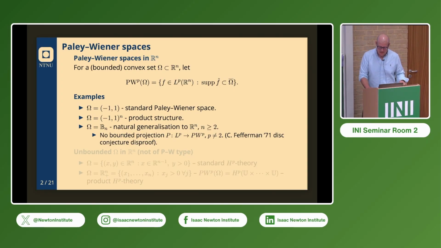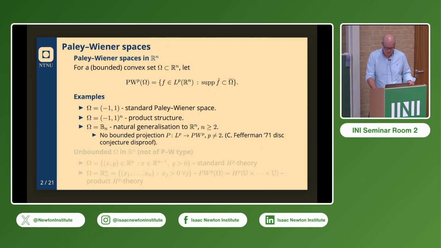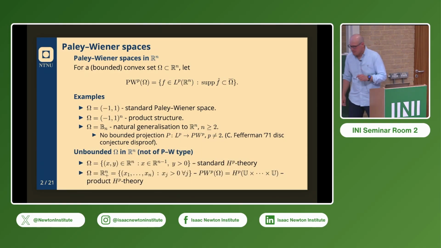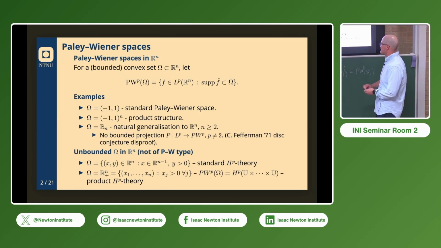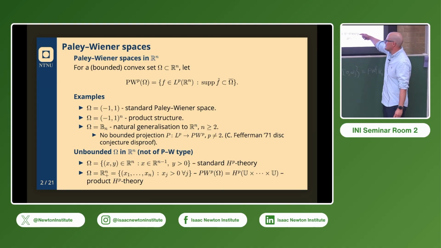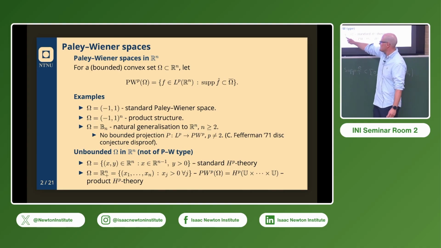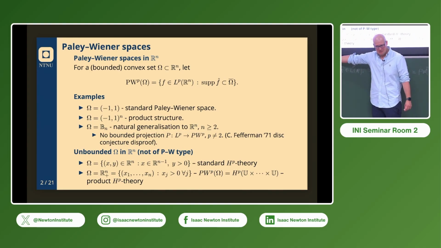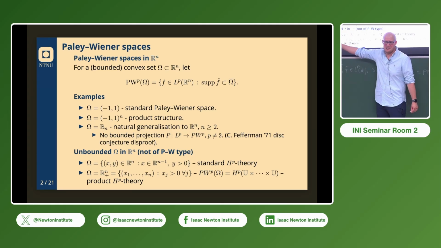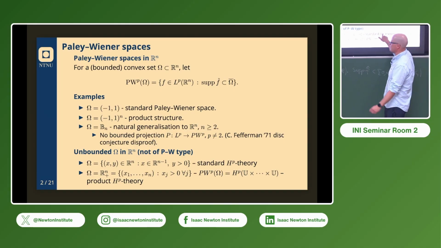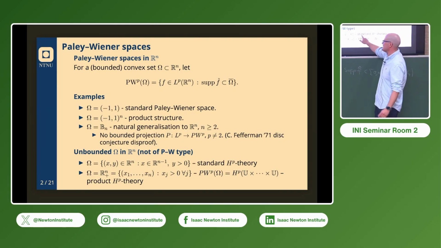There's a very well-developed Hardy space theory, and that's my background from when I was a PhD student. In higher dimensions, it's important that there are two different types of multidimensional Hardy spaces. One of them is when you just say that one of the variables is positive. In that case, the space is just one copy of the well-understood H^p tensored with copies of L^2. So here the theory is essentially the same as in one-variable Hardy space theory.